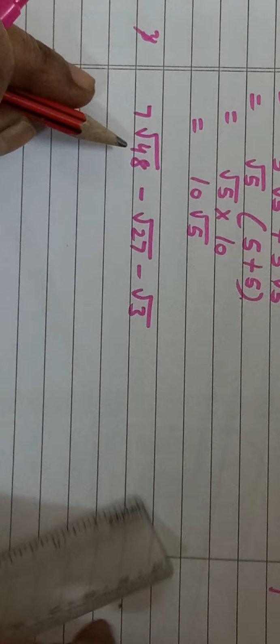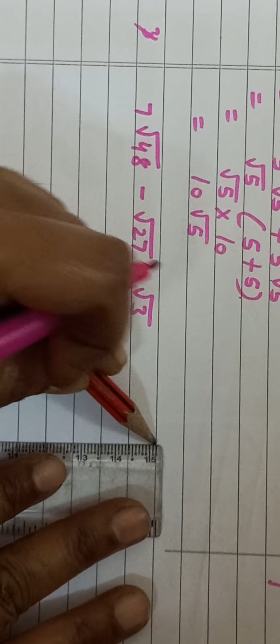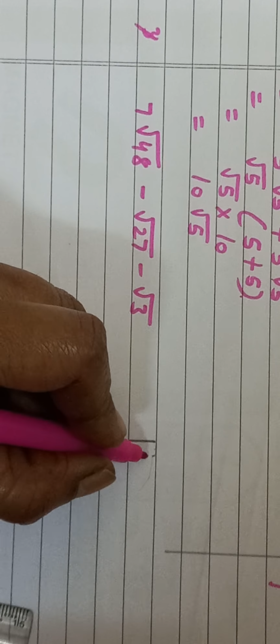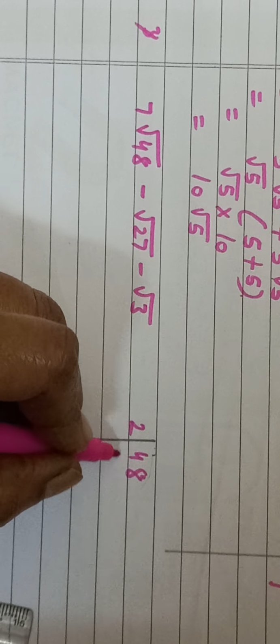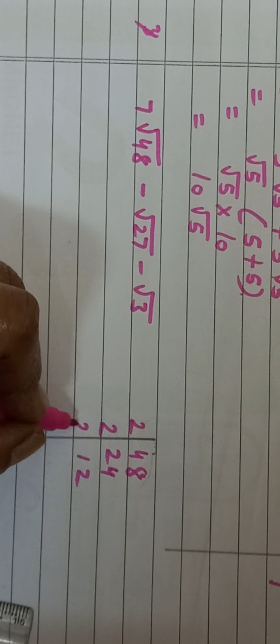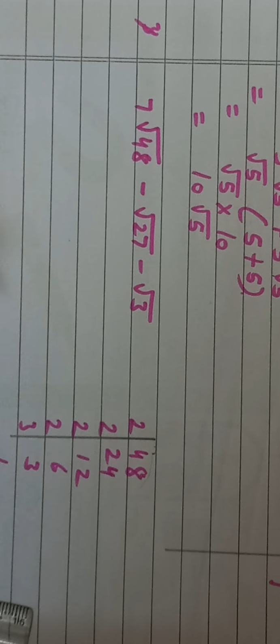Now the next example, this we will be doing. Now for this, if you see, first we will find the prime factors of this radicand, 48. Now 0, 2, 4, 6, 8 is in the unit place, you can divide by 2. 2 2s are 4, 2 4s are 8, 2 1s are 2, 2 2s are 4, 2 6s are 12, 2 3s are 6 and 3 1s are 3.